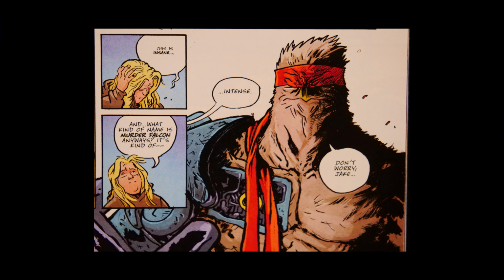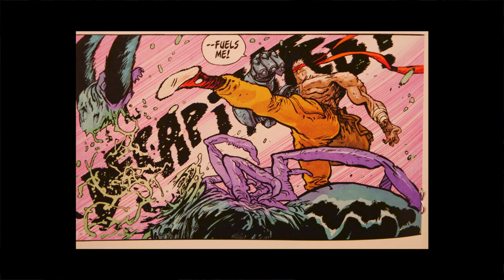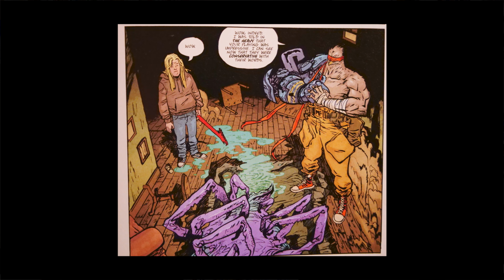We should just appreciate the character design for Murder Falcon for a second. He is the most over-the-top, just 6-year-old idea of a wrestling character, and I love it. It's so good. Some muscly Falcon dude with a red headband, a giant bionic arm, and a pair of cargo pants with Converse. Dude is shredded. With the bionic arm, too, which...